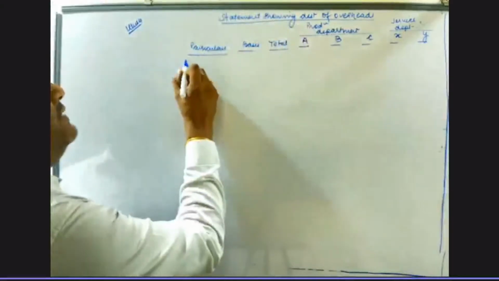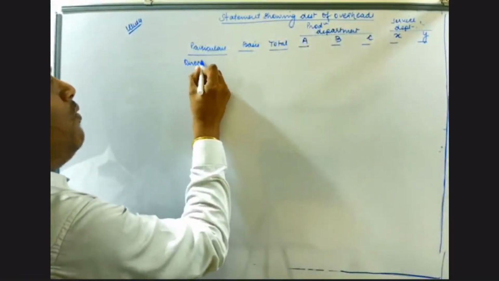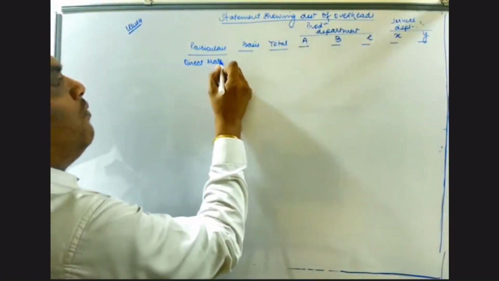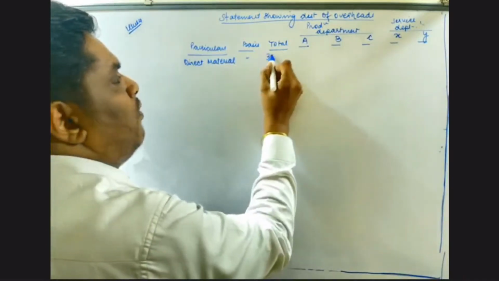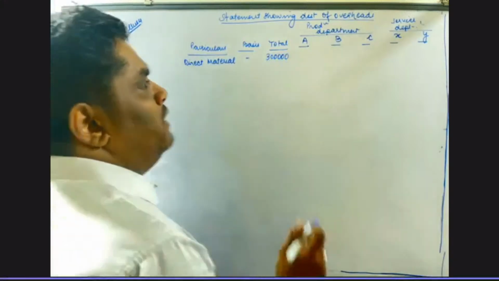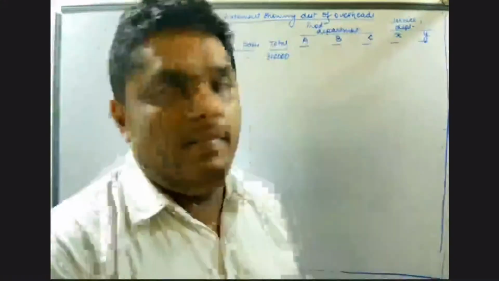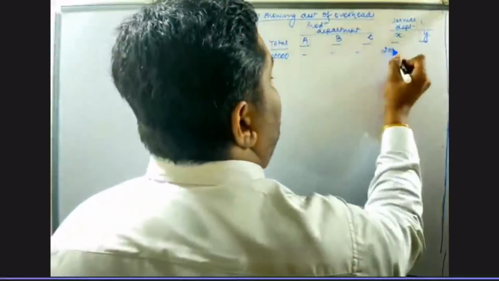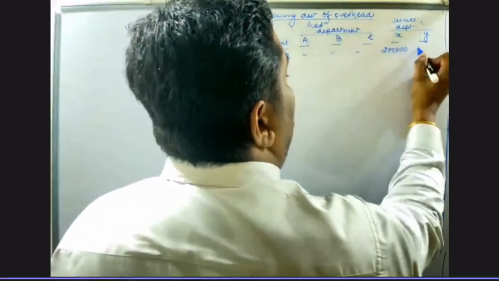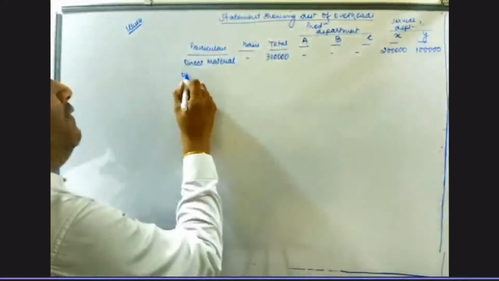So when talking about direct material and direct wages, the total is 3 lakh. This will be 2 lakh and 1 lakh. For the direct wages also,